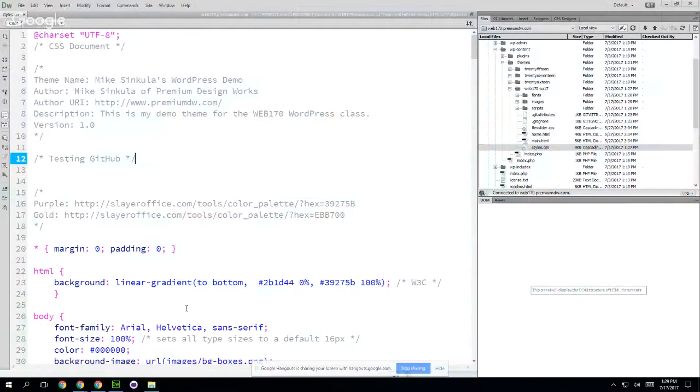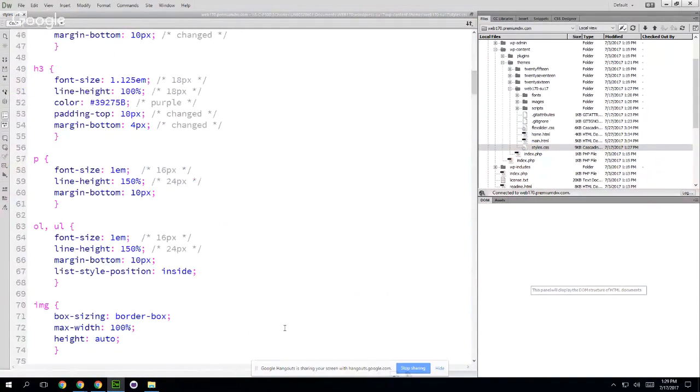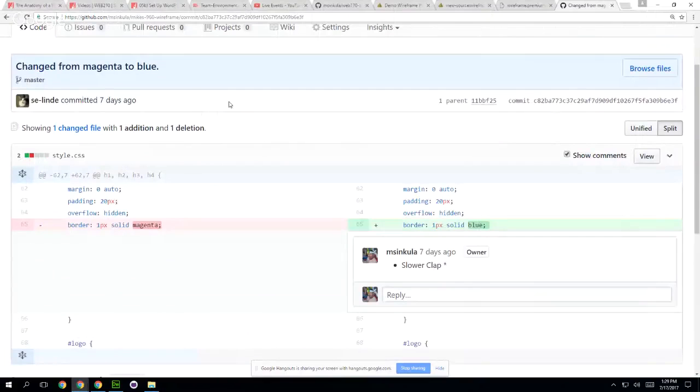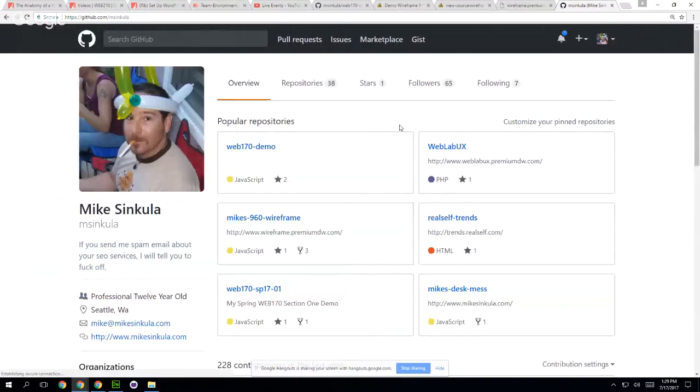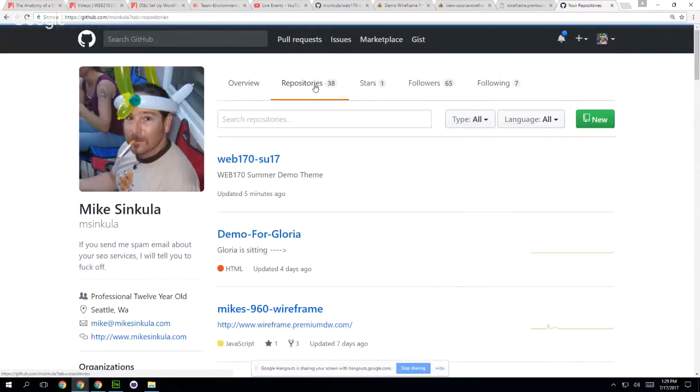I'm not on school computers. I'm using the web version. So what you can do is instead